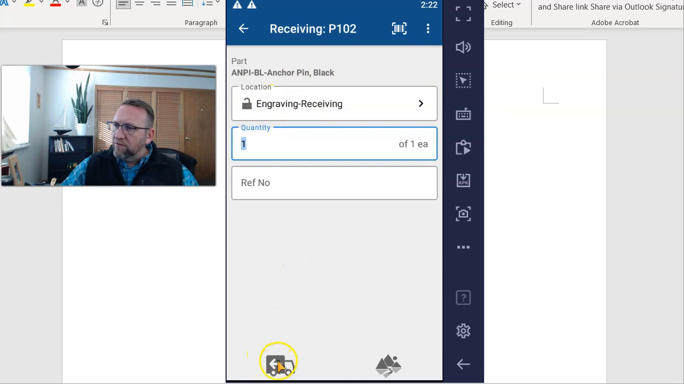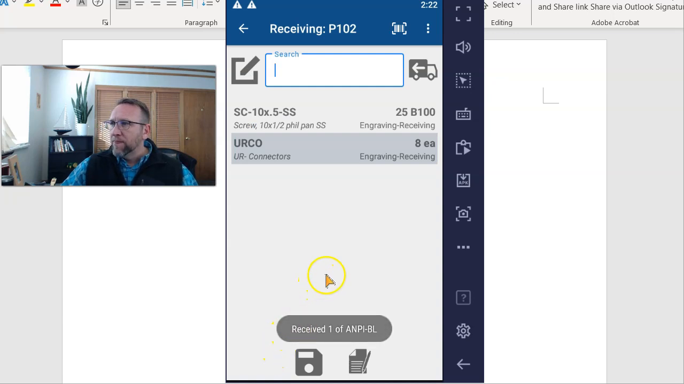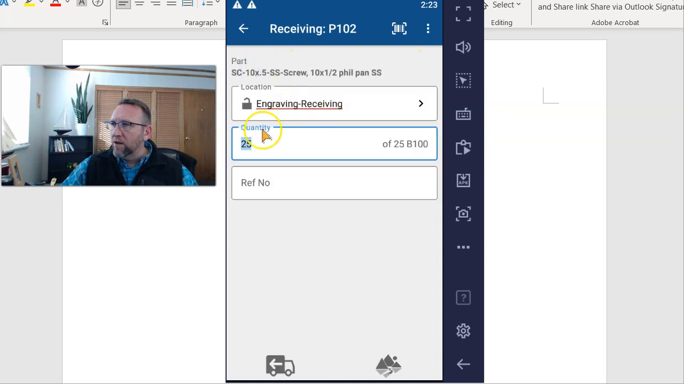Then I click receive down here again, the little truck icon, click or tap. So we're tapping on this screen. And now it brings me back to the list and erases that line that we just received. So we go to the next one, count that, hit the truck or the edit button to bring us to